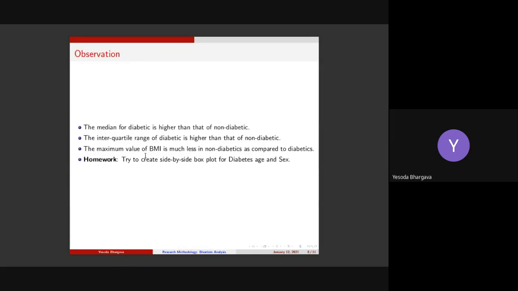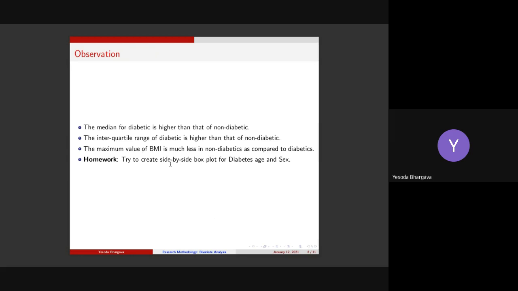So these are the observations as you identified. The median for diabetic is higher than that of non-diabetic. You know, for a long period in my life, I thought statistics was always telling about what I see on the graph, but that is half of the story. The other half is: so what? The median for diabetic is higher than that of non-diabetic. So what? What does it mean? Why should I care? That follows the interpretation: it tends to show that diabetic people have higher BMI as compared to non-diabetic, and higher BMI could be associated with diabetes. So that is what you say.